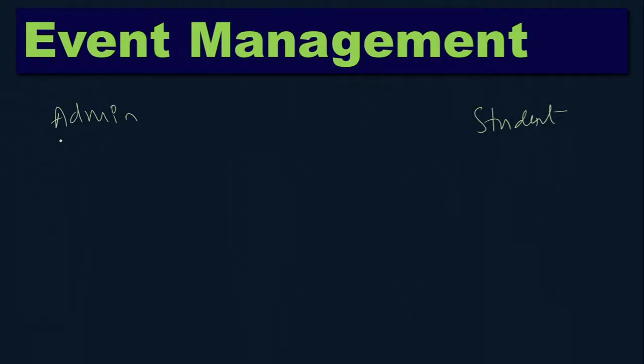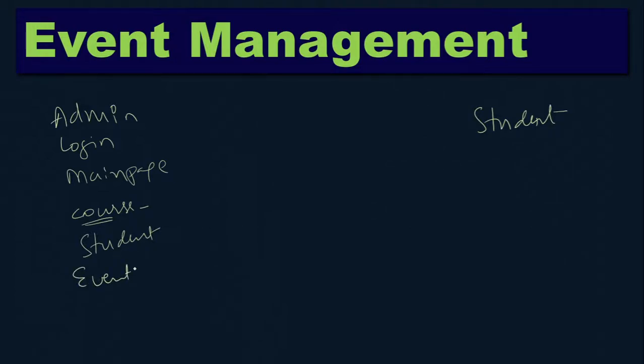Therefore, from the admin we can provide a login option. Then we can give a main page where links will be provided. Via the links they can enter all the details. Here are the courses, the courses available in the college that we need to enter. Then the student details, all the students in the college, and we provide credentials to the students so they can log in using these credentials. The next is the event type, the major event types that they will conduct. Then the event details that you need to enter in the admin. Now that event type and event details are available, students can log in.